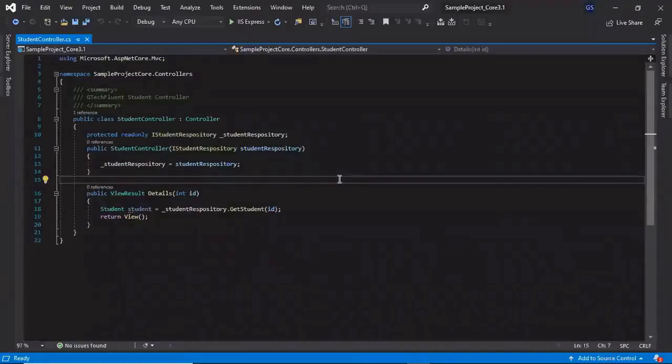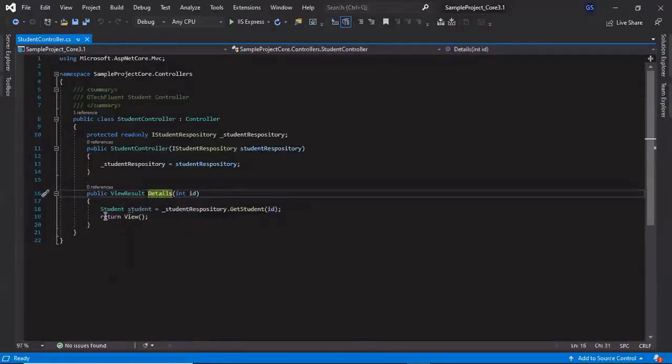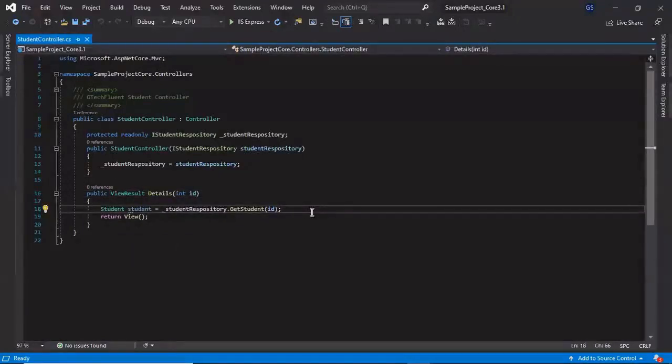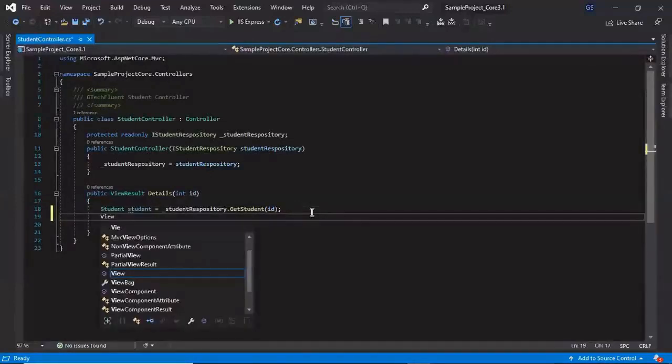So we are in our project which we have created for this video tutorial series. As of now, we have created the model, controller and the view. Now we will see how to pass the data from the controller action to the view using ViewData. As we discussed, ViewData is a dictionary object, so it will store the data in the form of key value pairs, where each key must be a string value. So now in our example, we need to pass the student data to the view. So let's assign the student object to ViewData.